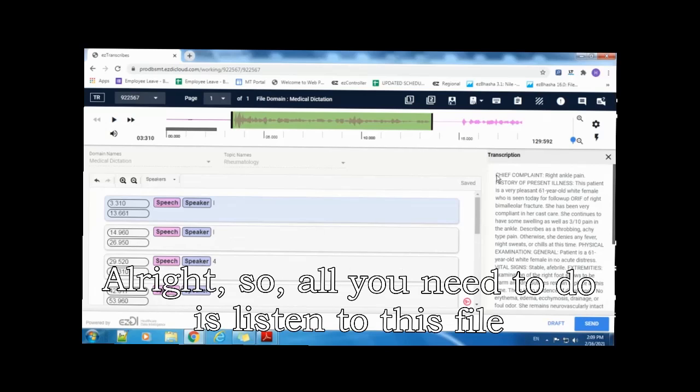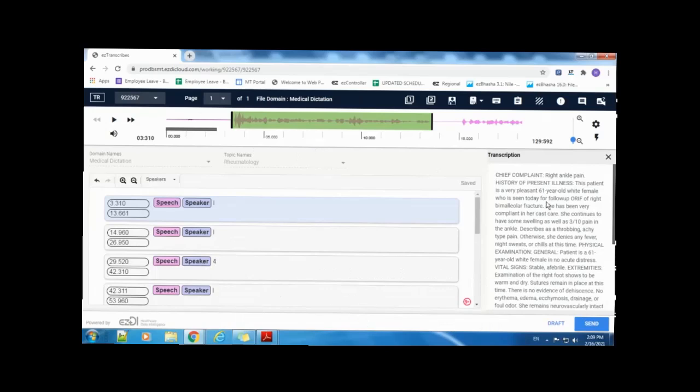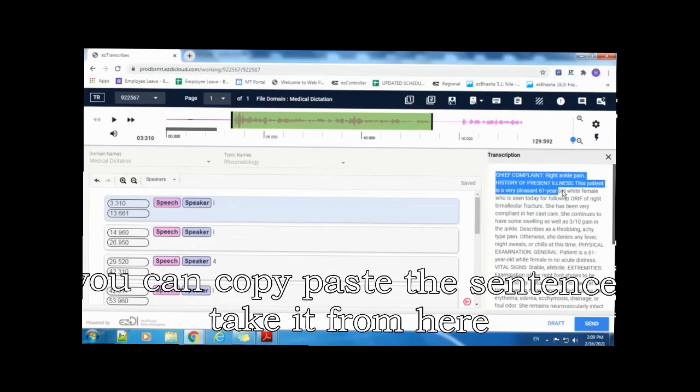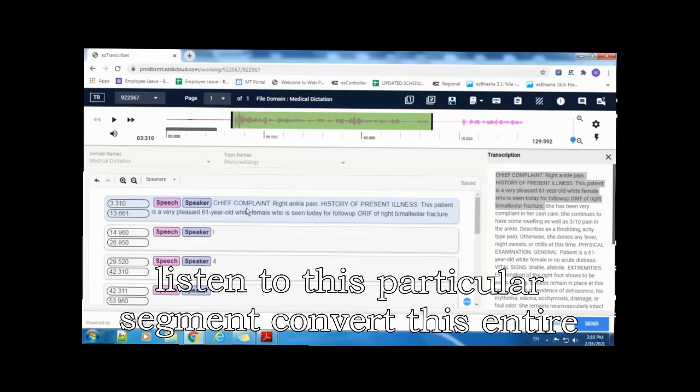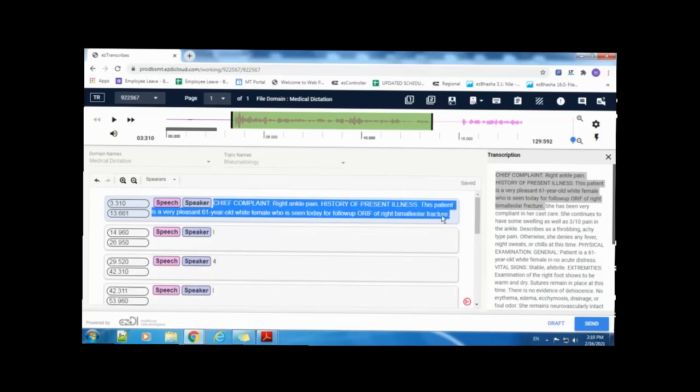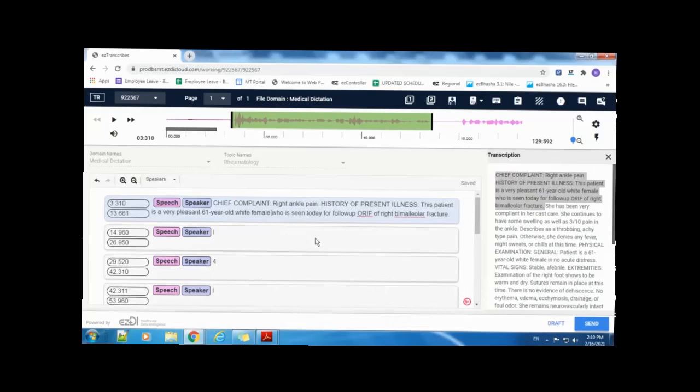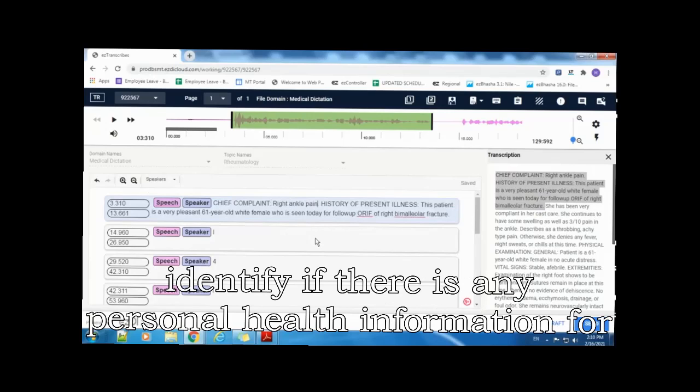All right, so all you need to do is listen to this file. You can copy this sentence, take it from here, paste it here, listen to this particular segment, convert this entire sentence into verbatim, and identify if there is any personal health information.